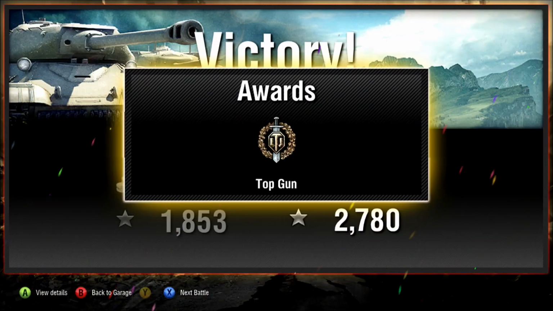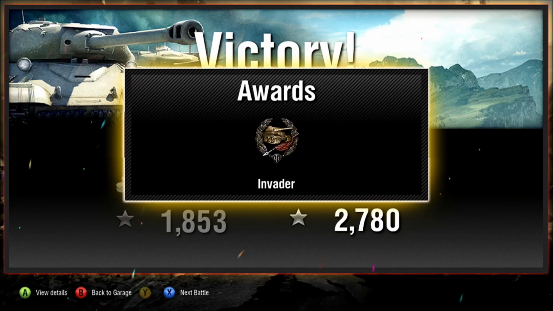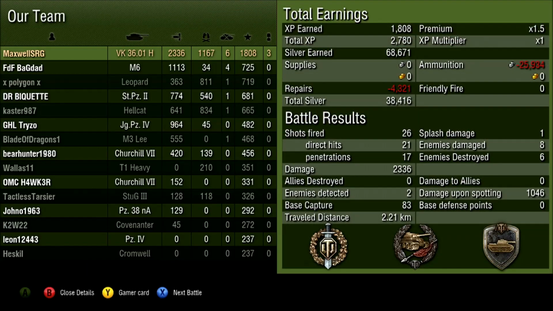So that's a Top Gun medal, an Invader medal, and a Steel Wall, because I did take a hell of a pounding there. 38,000 credits and 2,780 XP. 1,853 base XP, which is a hell of a lot. And we have a look at the score screen there. Almost 2,500 damage, 1,100 points of spotting damage, 6 kills,